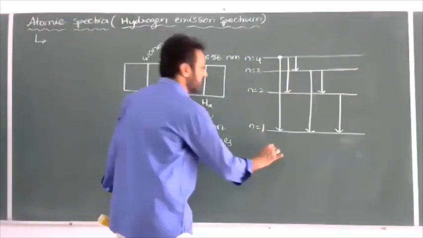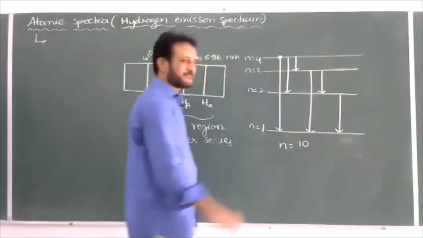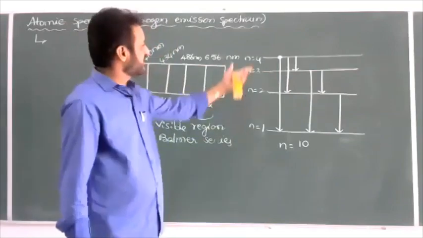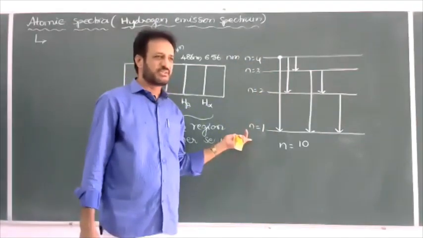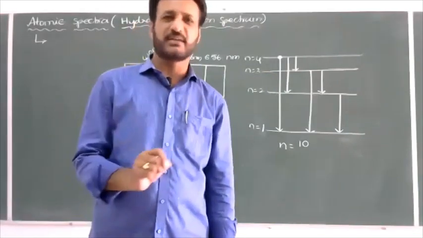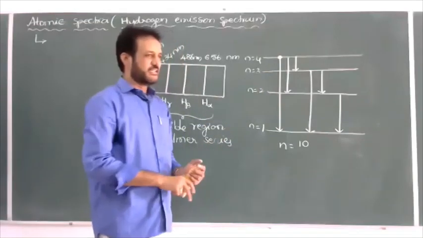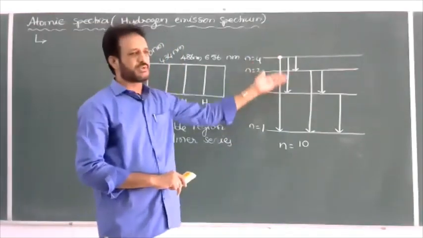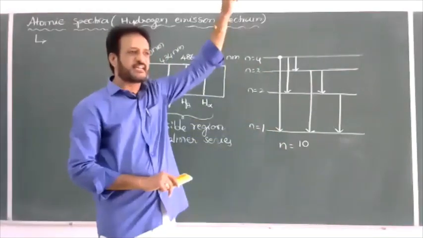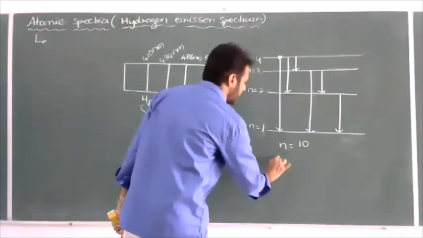Same model, sometimes: what is the number of spectral lines when the electron is in the 10th orbit? In competitive exams, for every question, we cannot draw the diagram and count like this, because for one question there will be only 1 minute. Within 1 minute, we have to read the question, understand, solve, and mark in the OMR sheet. If it is 3 or 4 minutes, we can draw and understand like this. But when the electron jumps from the first orbit to the 10th orbit, how many spectral lines are possible during de-excitation? There is a simple formula.